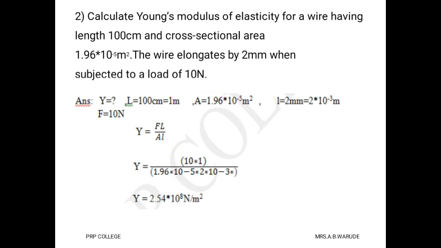We get Y equals F is 10, capital L is 1, area is 1.96 into 10 raised to minus 5, into small l, that is extension, 2 into 10 raised to minus 3. Then when we solve this numerator and denominator, we get the final answer as Y equals 2.54 into 10 raised to 8